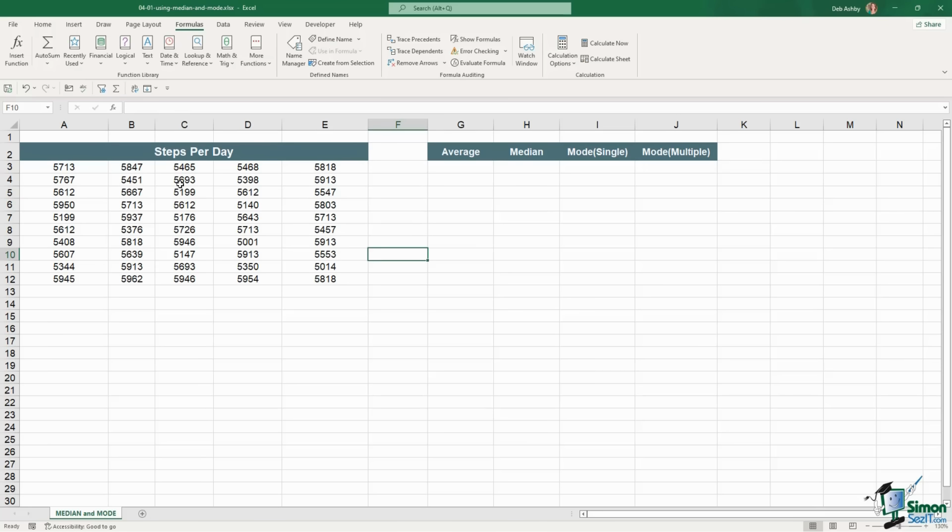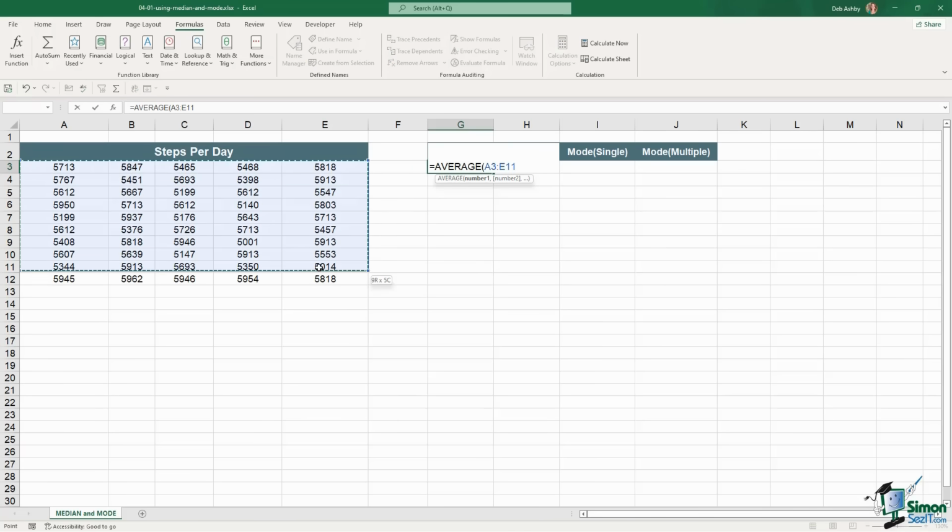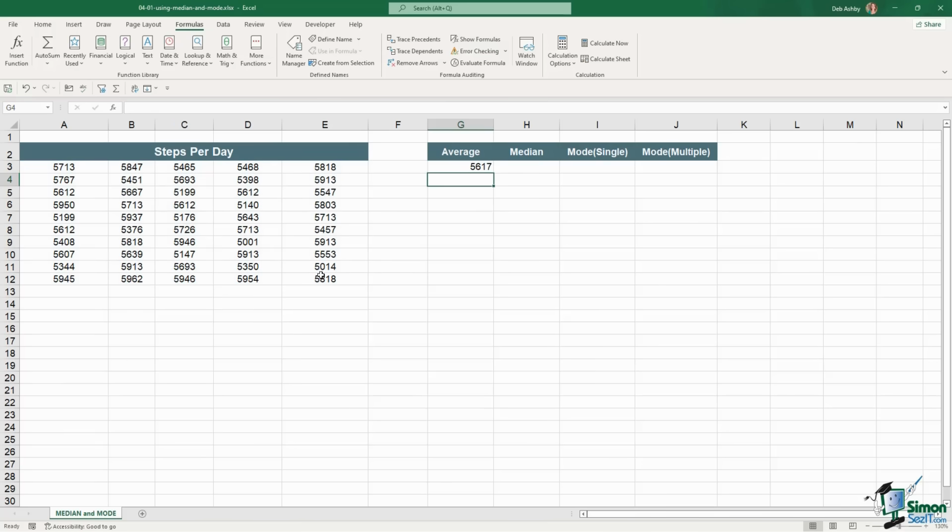So if I want to find what the average number of steps per day for this person were, and remember an average is also known as the mean, we can simply use our average function. We should all be very familiar with this. We can simply select our data, A3 to E12, close off the bracket, and we can see that the average number of steps per day is